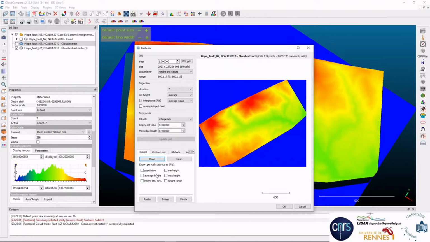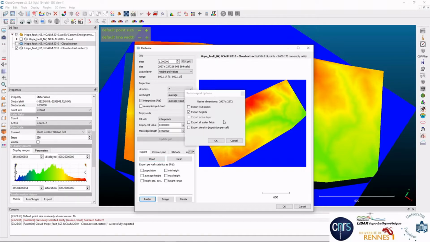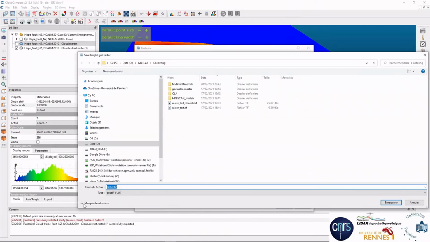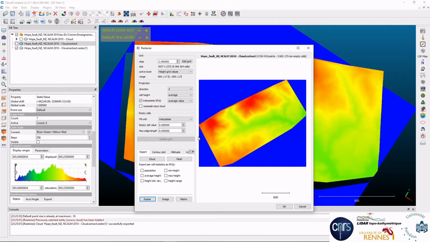These are all classical. What's important is that if you want to use this data, your DEM or your raster, in a GIS software, this is where you can do it in CloudCompare. You can press the raster button, select various options regarding the export of the data, and if you press OK, you will generate a GeoTIFF. And a GeoTIFF is typically a raster file that is easy to open in any GIS software.